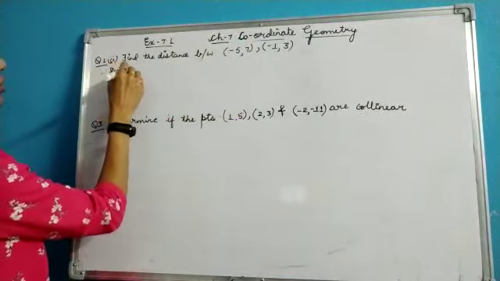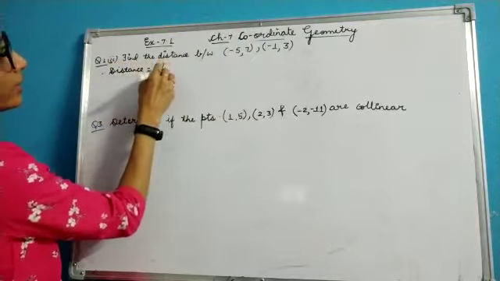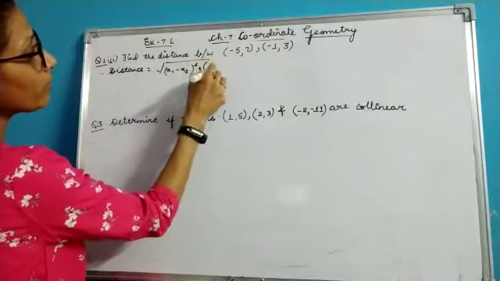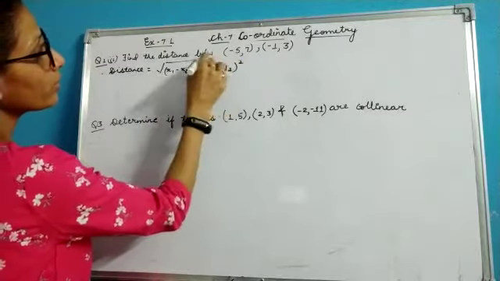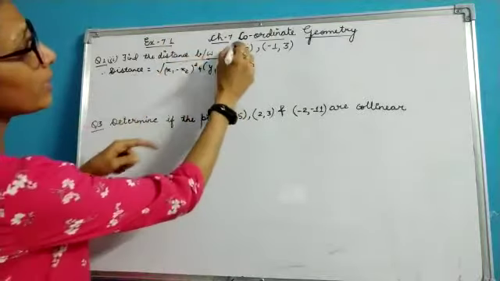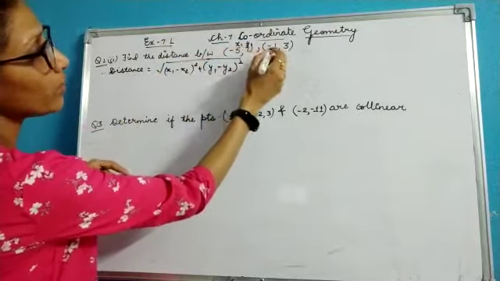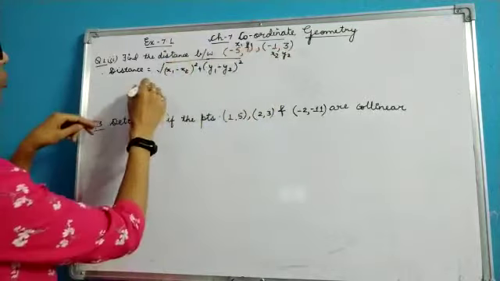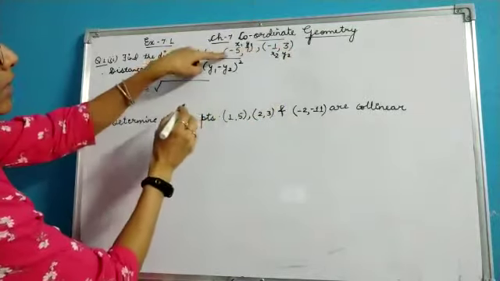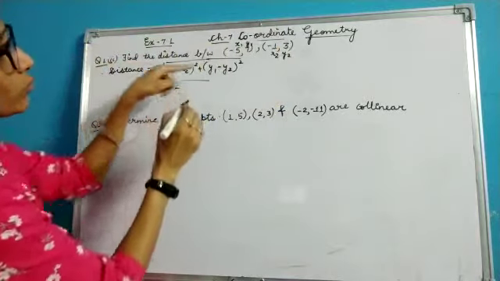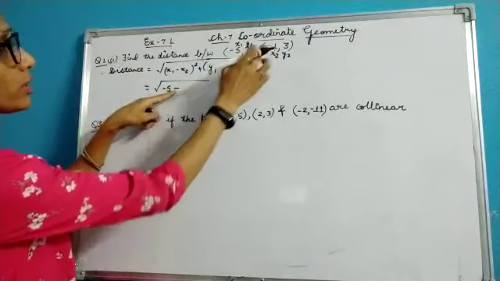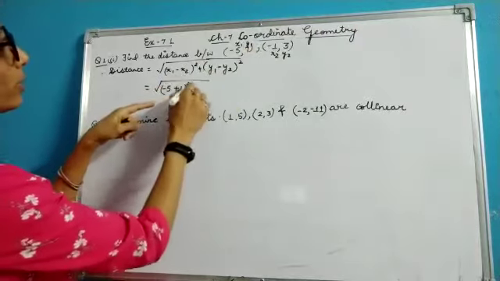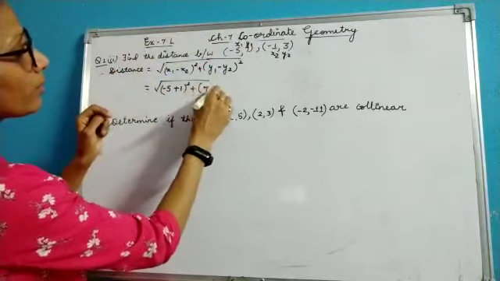We know the distance formula is written as under root (x1 minus x2) whole square plus (y1 minus y2) whole square. So consider this point as your x1, this point as your y1, this as your x2 and this as your y2. You just put the values over here. So what is your x1? Minus 5. So minus 5 minus what is your x2? Minus 1. So this minus and this minus will become plus 1 whole square plus y1, which is 7, minus